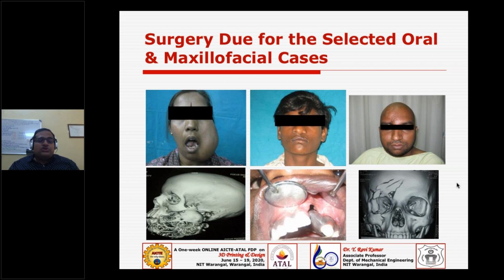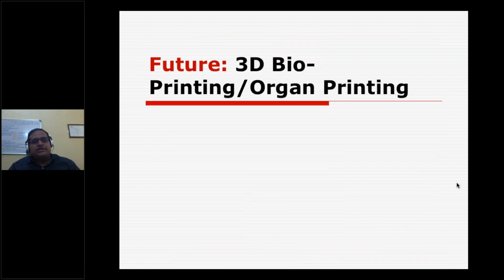But it depends on the situation or the requirement of the doctor community, whether he is an oral maxillofacial surgeon, a craniofacial surgeon, an ENT specialist or an orthopedician, immaterial. You can serve the medical community through 3D printing absolutely without any difficulty.